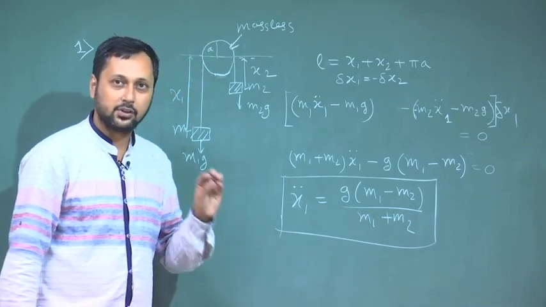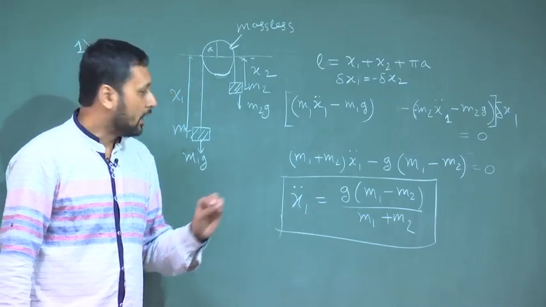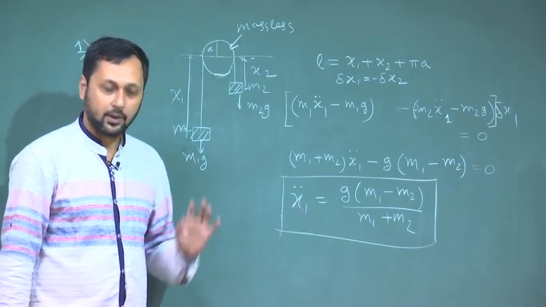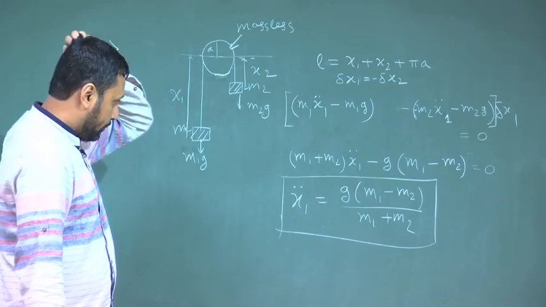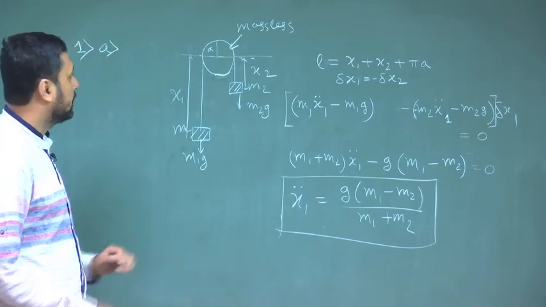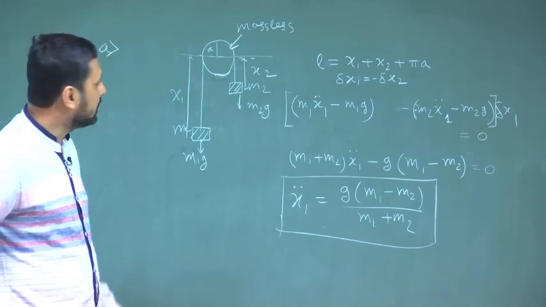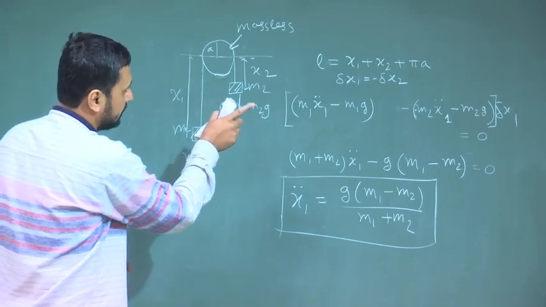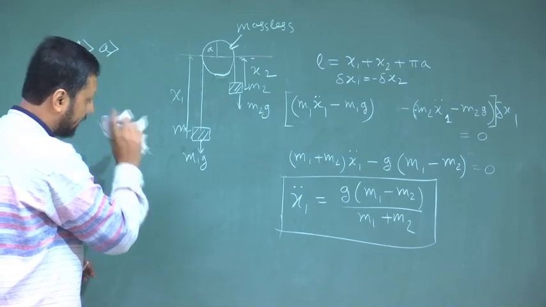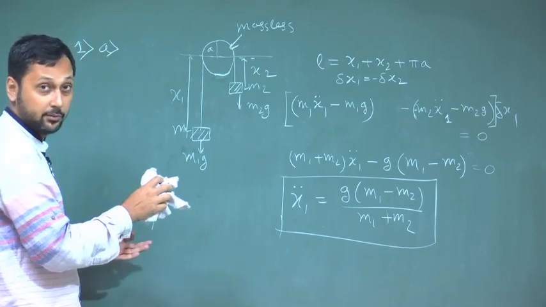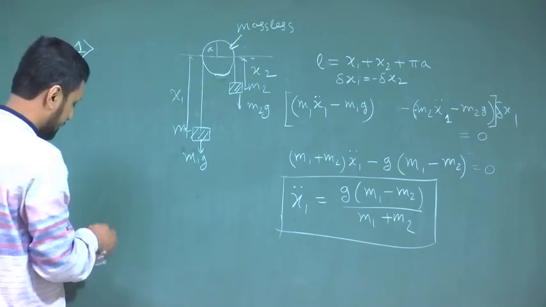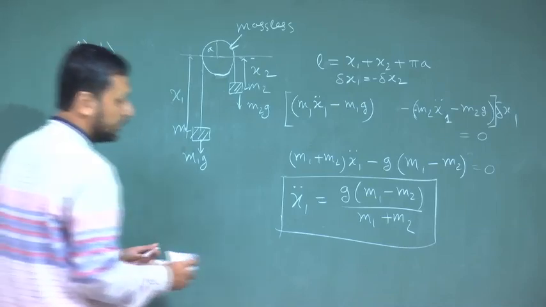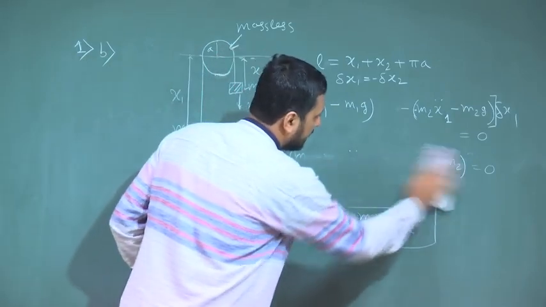So, you just have to put the values of m 1 and m 2, and then you will get whichever way, whether x 1 is positive or not. Okay. So, this is one way of solving it. The same equation we can solve by, so this was by D'Alembert's principle. Now, the same equation has to be solved by Lagrange's equation of first kind, which is